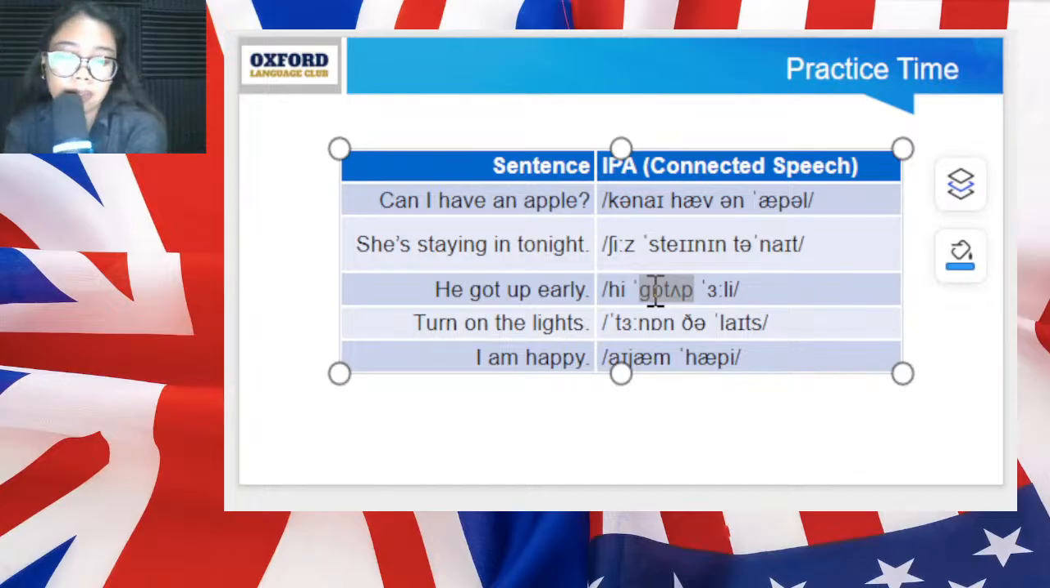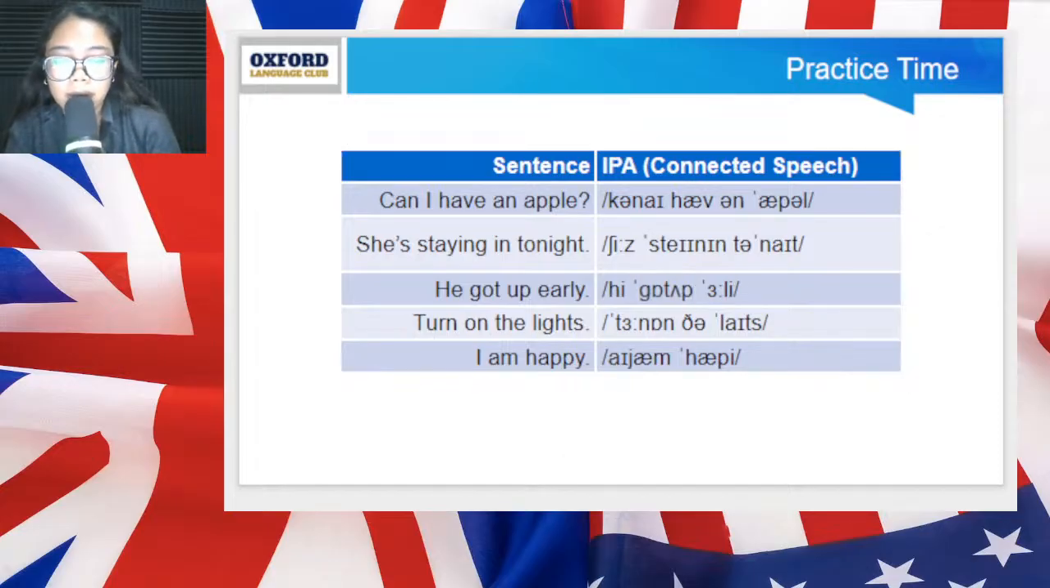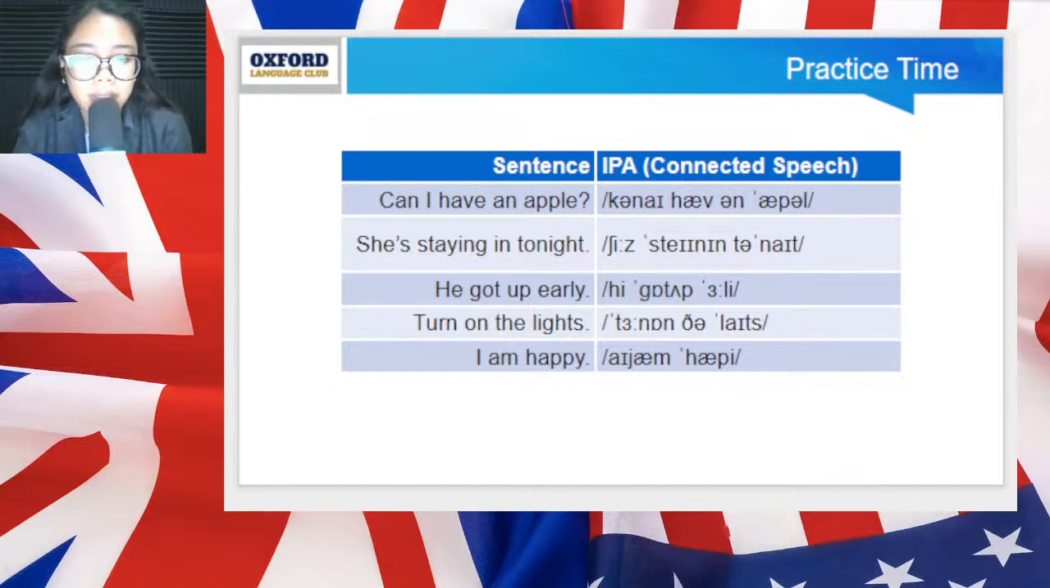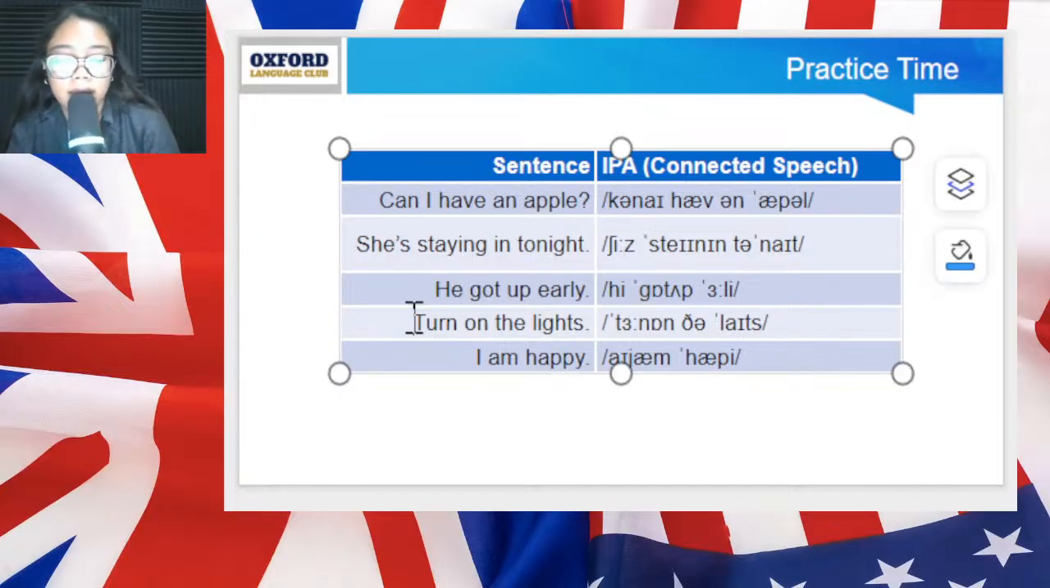So let's practice together. He got up early. Again, he got up early. Feel how that T just smoothly jumps over to up. Okay? This is super common in everyday talk. All right. Next up, the fourth sentence, turn on the lights. If we say it clearly, word by word, turn on the lights. Now let's link them. The key connection is in turn on. Turn ends with an